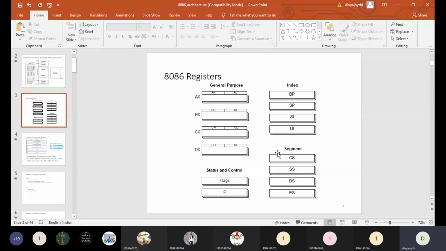Are you trying to analyze this 1 MB with the library? Are you following that real-time example? 1 MB is divided into 16 segments, but out of 16 segments, we'll be making use of only 4 segments. Even though the library contains 6 to 7 rows, you will be making use of only one row because only that particular row will have the books related to you. In a similar way, only those 4 segments will have the information related to the end user. So the 4 segments are code segment, stack segment, data segment, extra segment.